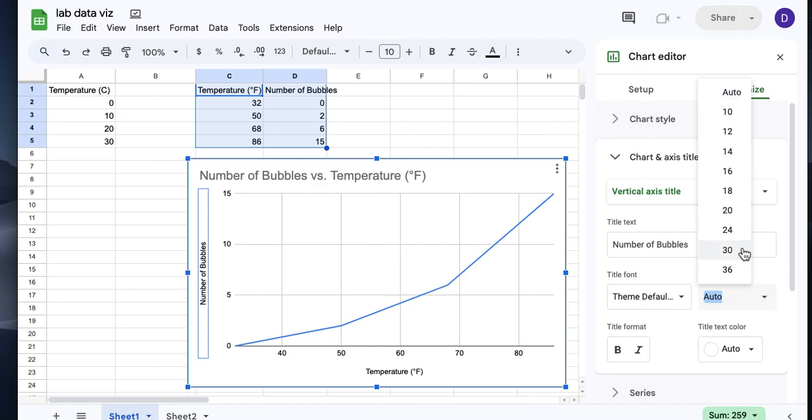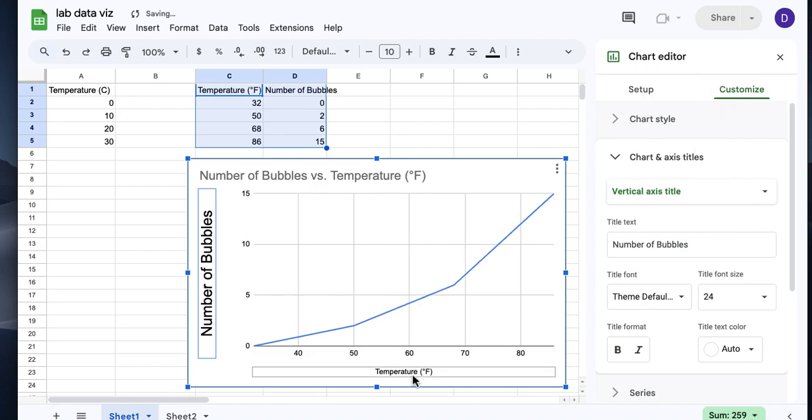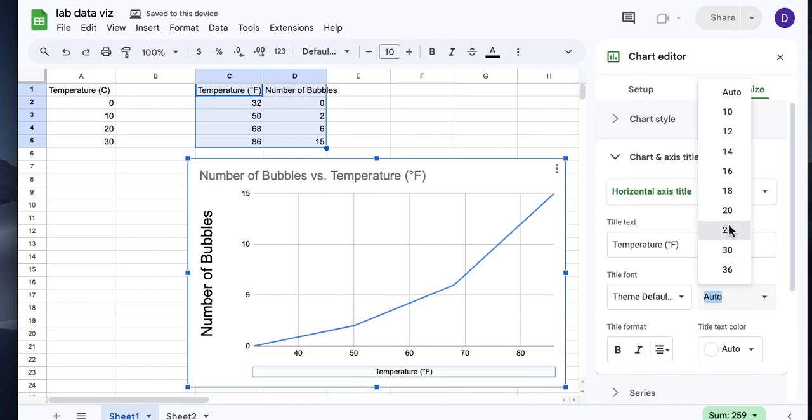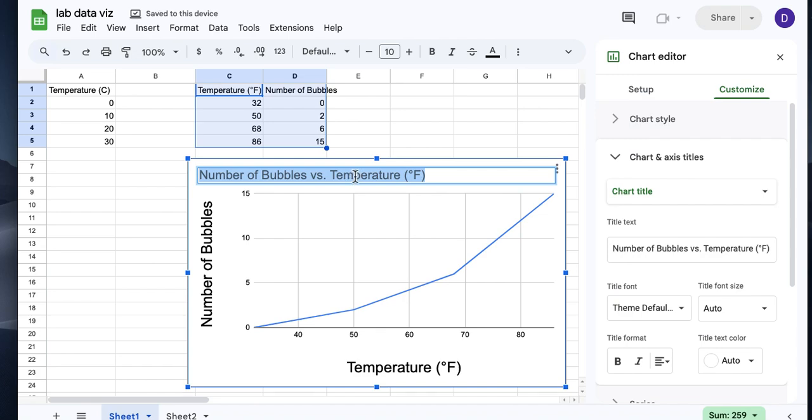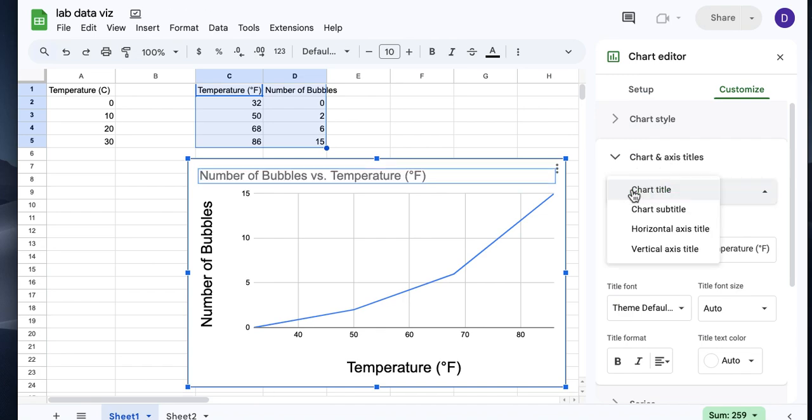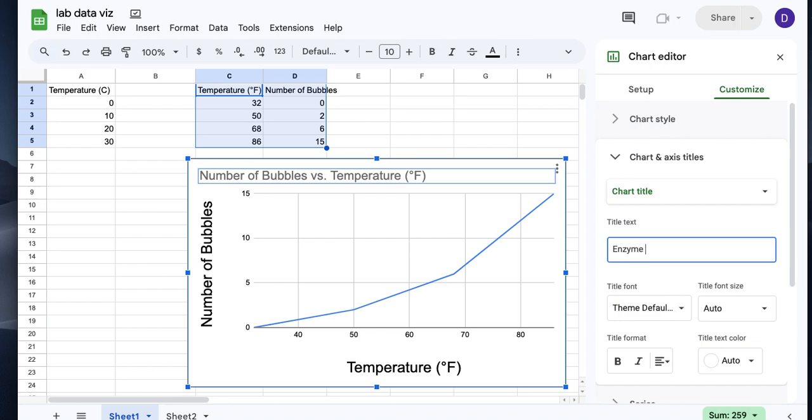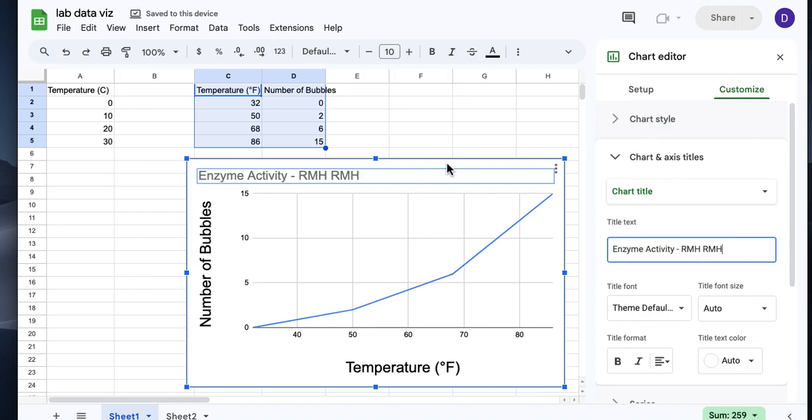We can do things like increase the font size to make it easier to read. And then I want everyone, if you double click the title, if it already exists, or you can go to this drop down menu, chart title, and you could change this to something different like enzyme activity, something a little bit more reflective of what the purpose of the experiment was. And then I would like for everyone to add their initials. So you probably worked in a pair. If both of you could add your initials, this way I know that this is your graph and not your